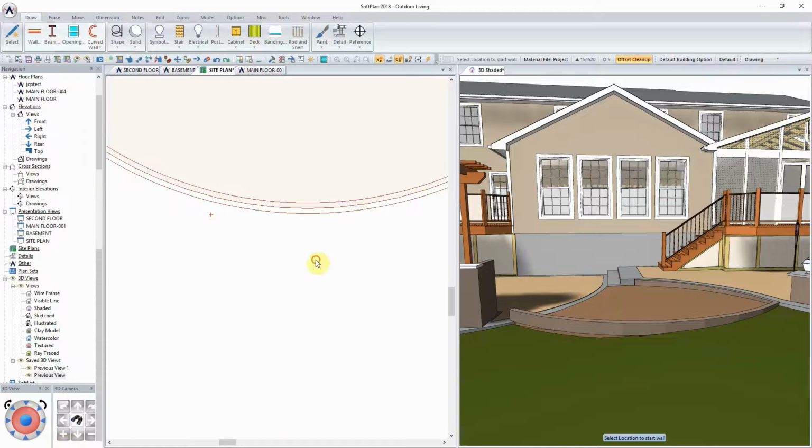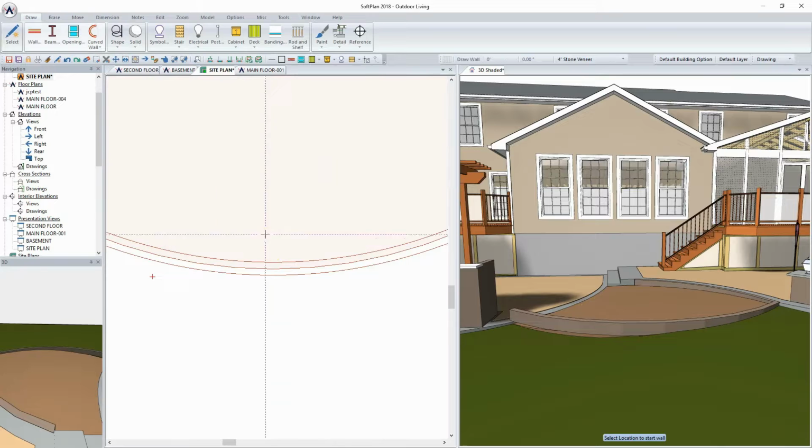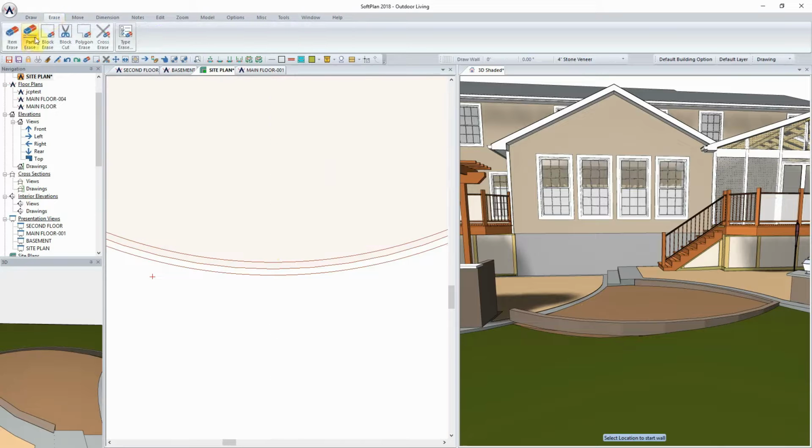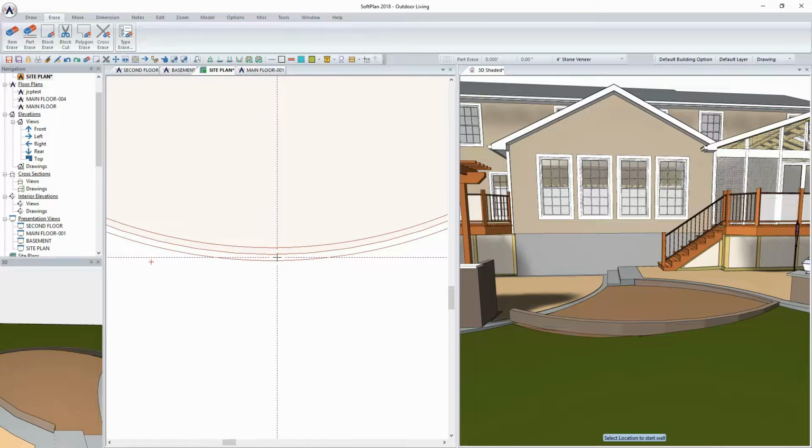So once the wall is drawn, and I'll just zoom this out to show you what we have at this point, I'm going to zoom this up and select the erase and part erase. And what the part erase will allow me to do is basically at the midpoint of the wall, I'm just going to click, and then I'm just going to slightly move my cursor right to left and click, and that actually breaks the wall into two. And I did this just to show you so you can visibly see it, but realistically I could have left the cursor in the same spot and just done the double click,